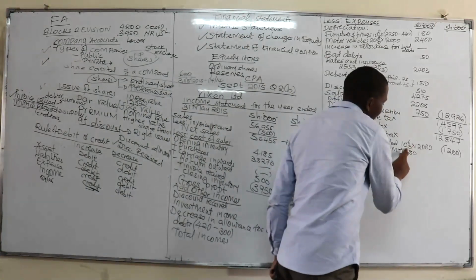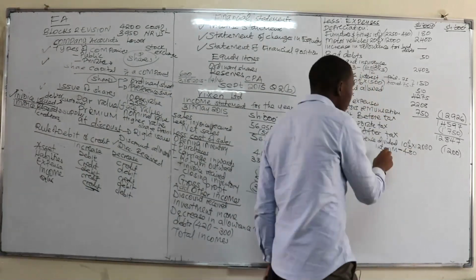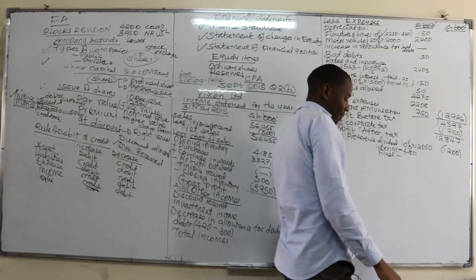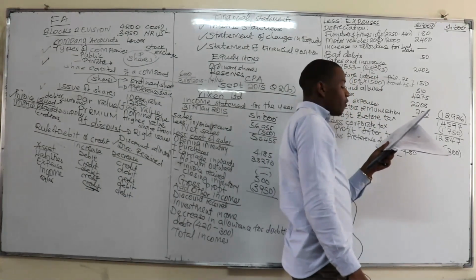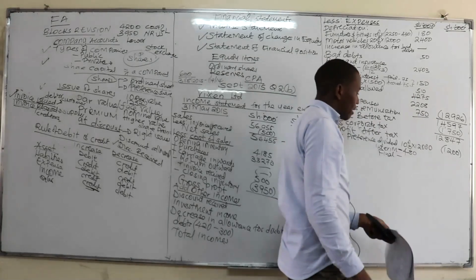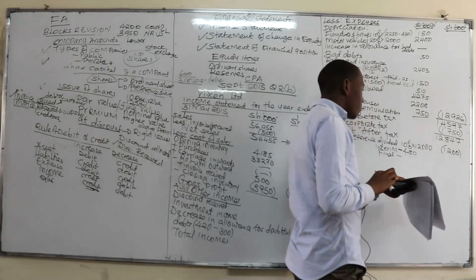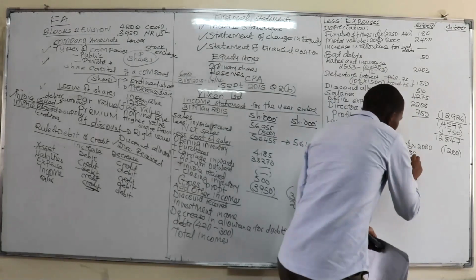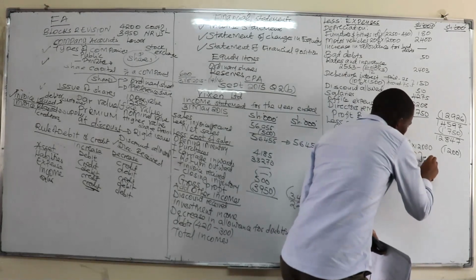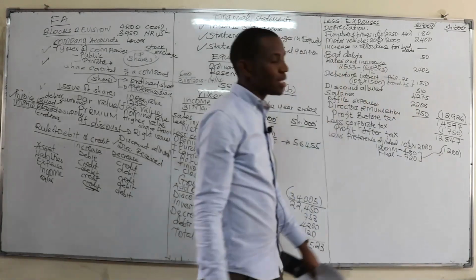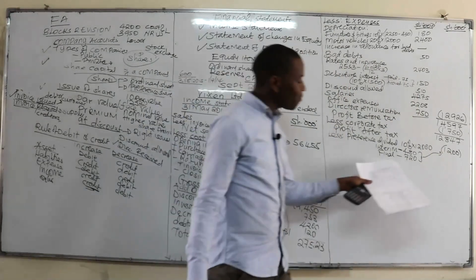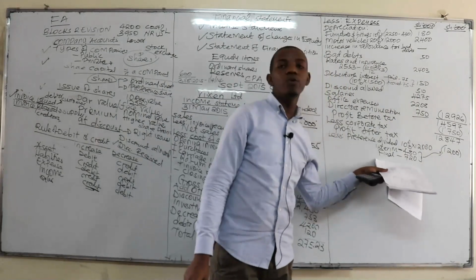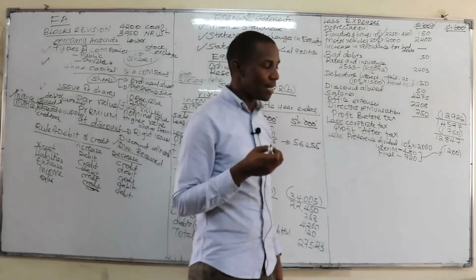That means there is still the final, which is supposed to be paid at the end, which has not been paid. And that is why we were told that the provision for preference dividends is to be made. The final, which has not been paid, will be 1,200 minus 480, which in this case is 720. When you add that, it is supposed to give us 1,200. So this final dividend has not been paid. Therefore it is still accrued, and we'll take it to the current liabilities.